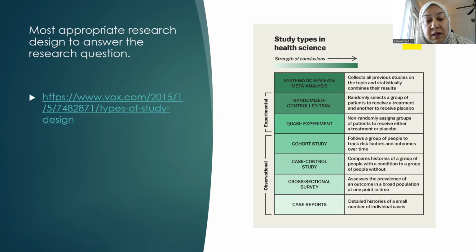Many people are under this impression that since RCTs are so charming and so stylish and so modern, we should begin by doing a randomized control trial. That just doesn't work that way. In order to become an authority, and all of us should do research to become authorities in our areas. If we want to become an authority in our subject, we have to start at a low level of maybe a case series or a cross sectional study and slowly take that up to the level of a randomized controlled